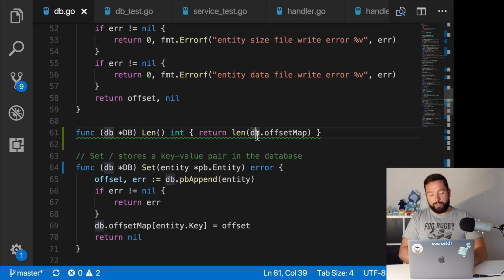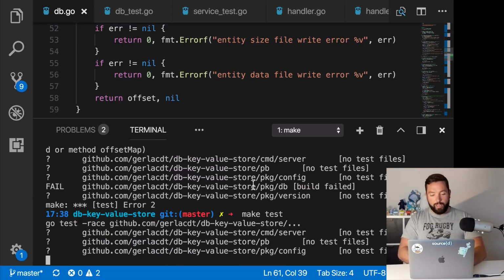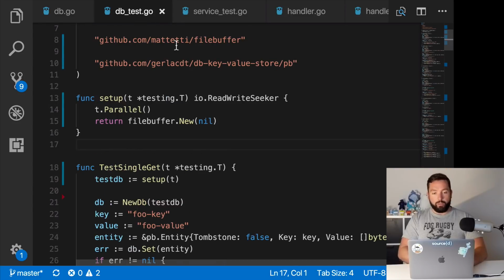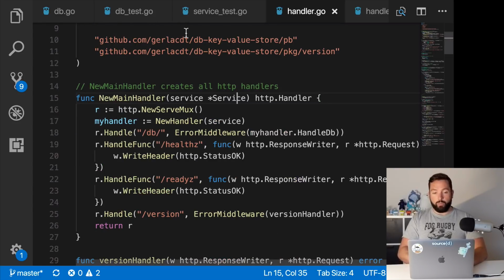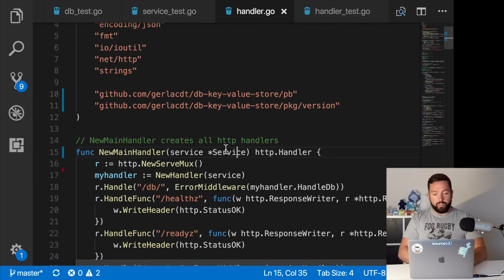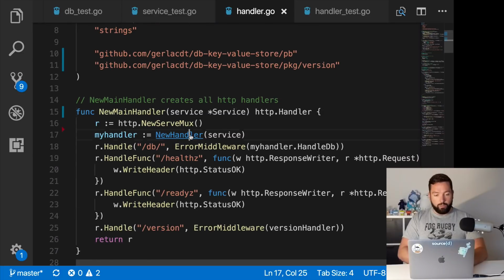And I'm not gonna document it because that's not my problem. But now when we do make test, we're able to see that they're separated. And the last thing we might want to do is handler test. So handler.go receives a service. And how do we use that service? So we call this